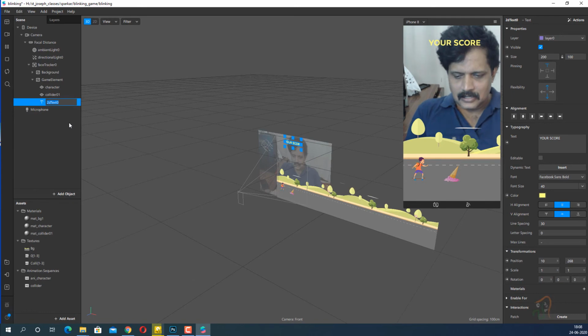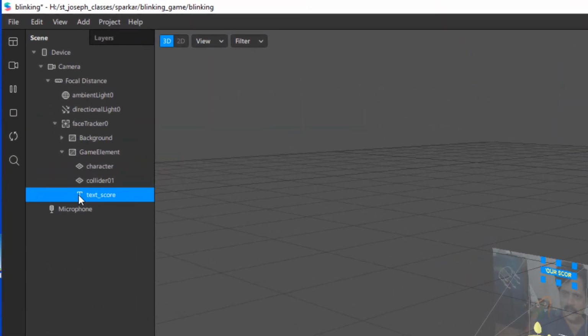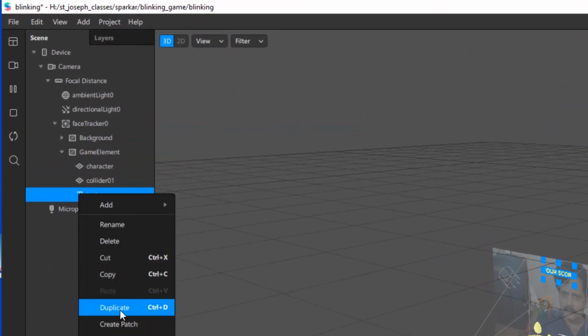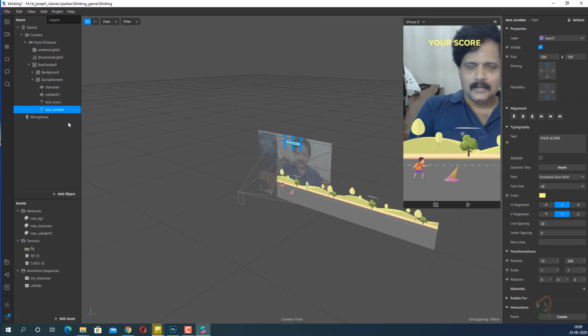text score. And after this I will select this and I will duplicate it. I created one more duplicate, and for this duplicate I will name it as text underscore number. And then now, selecting this text underscore number, I will move this a little down.